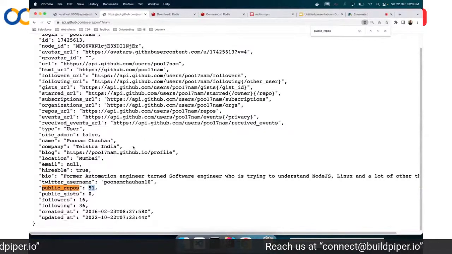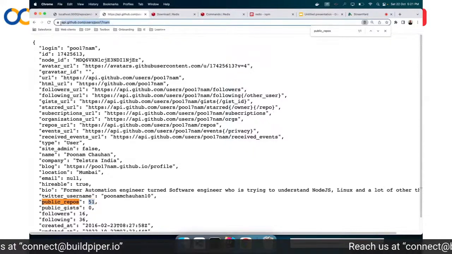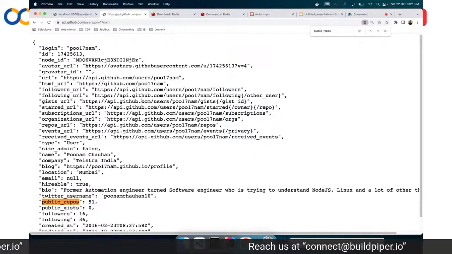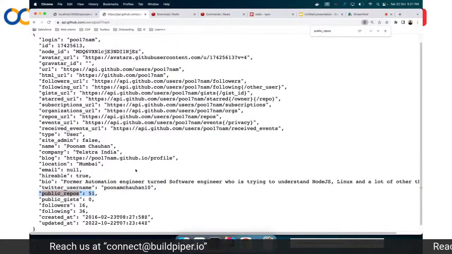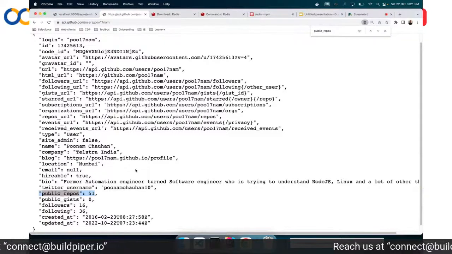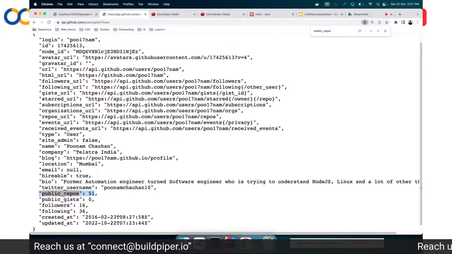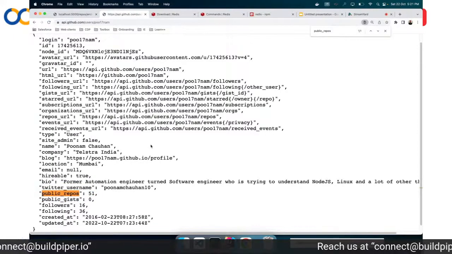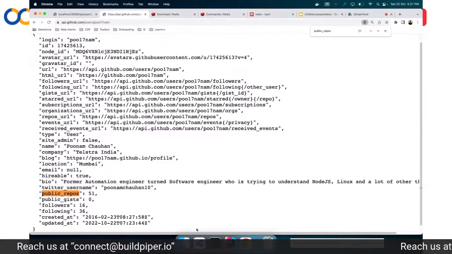So what we are going to do in our application is, from our Node.js application, we'll create an API that will call this API. So an API that will call in itself another API to get this value, public repos, and we'll see how the response time gets affected with the use of cache and without the use of cache. So the sole purpose of this basic application is to show how this time-consuming API call's response time gets reduced with the introduction of cache.